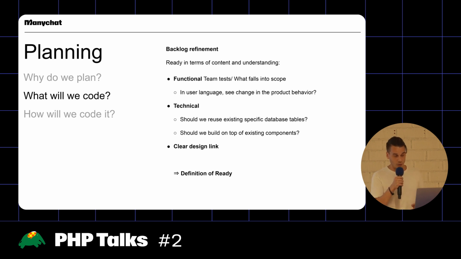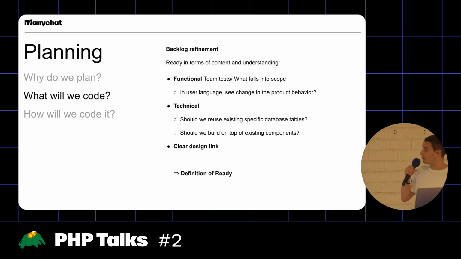And then if we look at the acceptance criteria, what does it consist of? We have both functional and technical ones. The functional ones, why are they very important? Well, we need to describe in user language what they will see change in the product. It's also very important if we want to later test, so that we can use these acceptance criteria as a checklist to validate against.